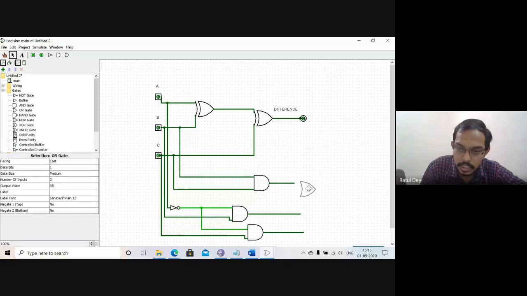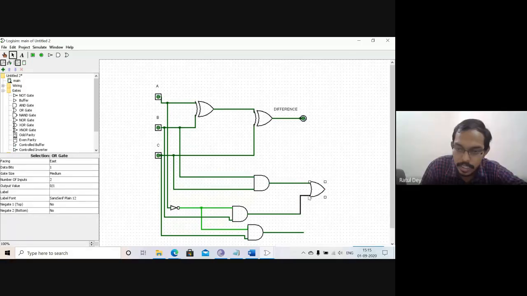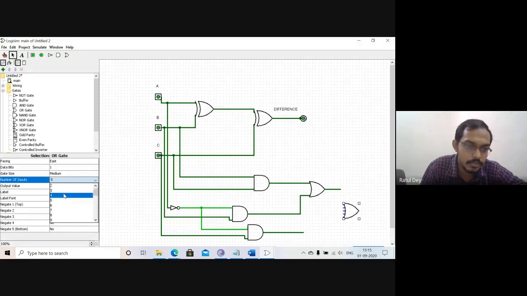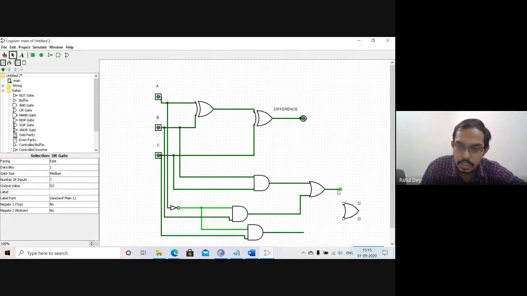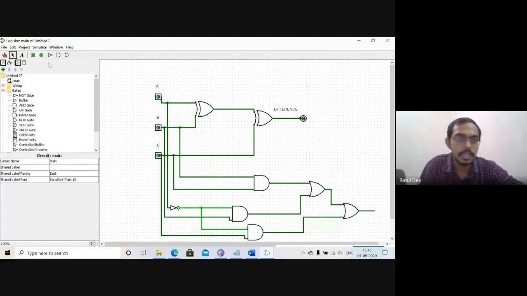Whatever result comes, we use another OR gate for the second output and the final output. We collect and connect, and whatever result comes, this is called the final output.